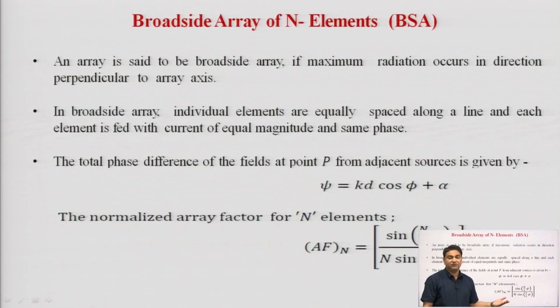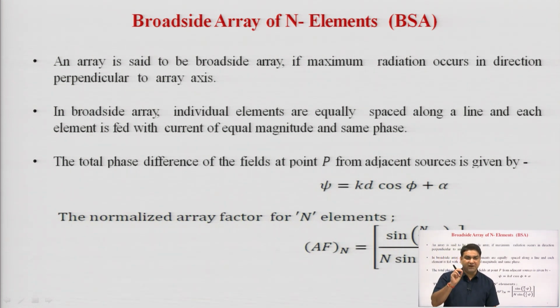Broadside array case: when we put the values of different maxima, minima and the other points in the radiation pattern, we have to calculate the different directions. And how is it possible? An array is said to be broadside if its maximum direction occurs in the direction perpendicular to the array axis. In a broadside array, individual elements are equally spaced along a line and each element is fed with current of equal magnitude and phase. It means